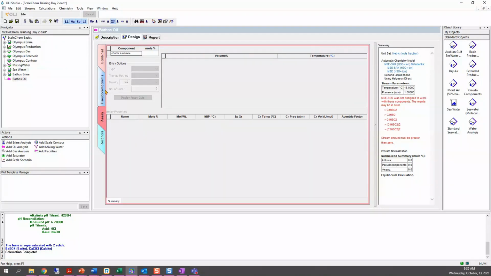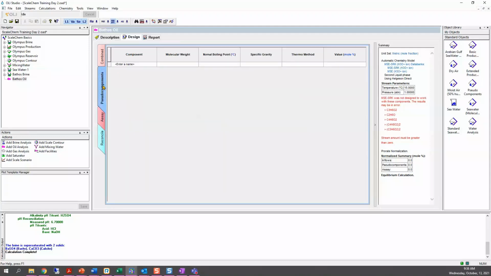For the pseudo components option, let's say that maybe you have already converted your distillation assay into different pseudo components by using another thermodynamic method or model. You have your distillation assay and you already have your pseudo components.